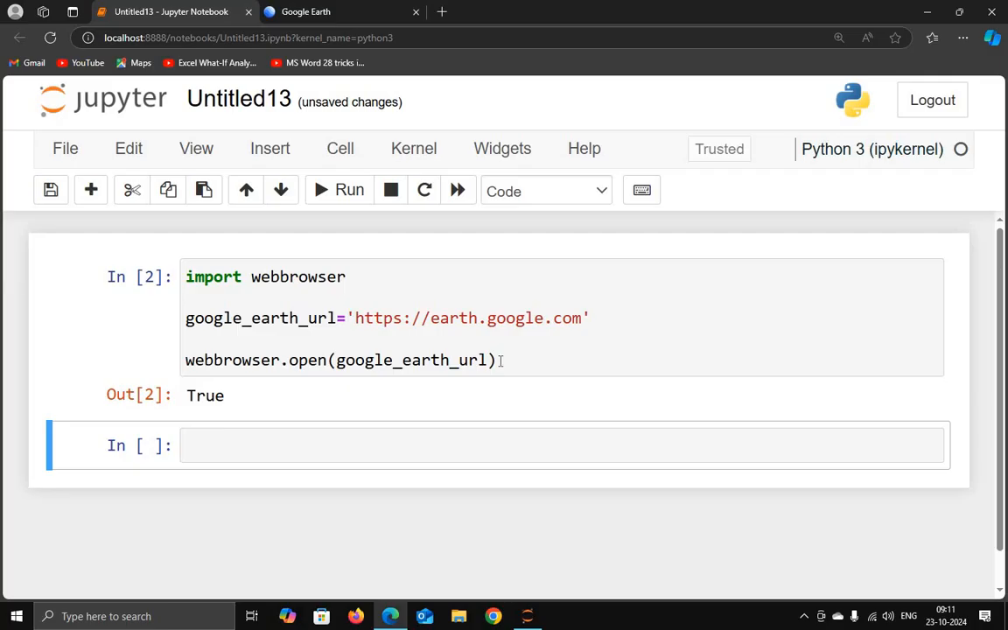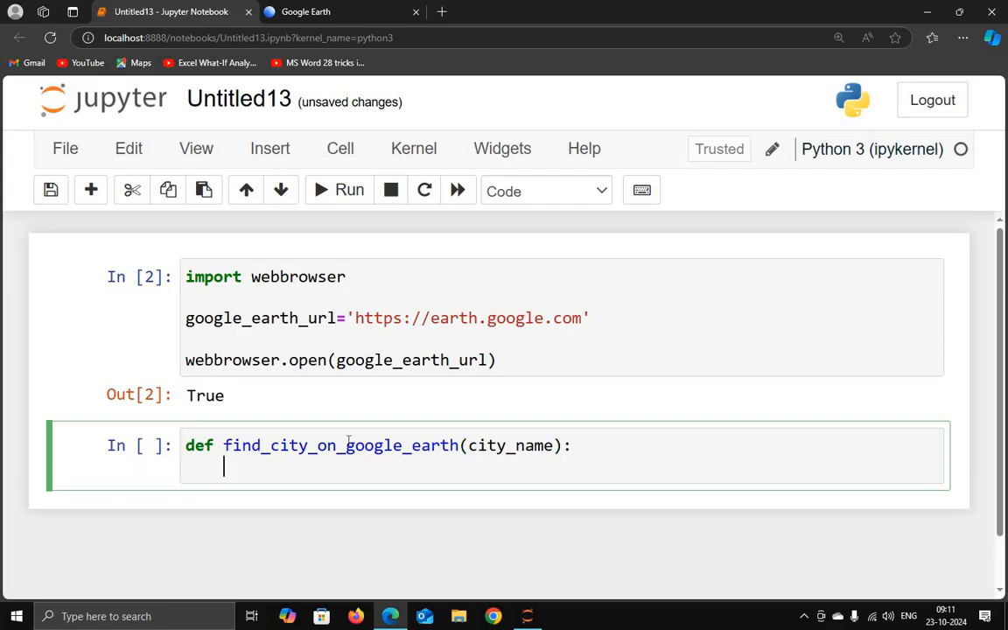Now what I will do, I will find a city location on Google Earth using Python. For that I will define a function. Let's say, find city on Google Earth. I will pass an argument, city name, and in this function what I will do,